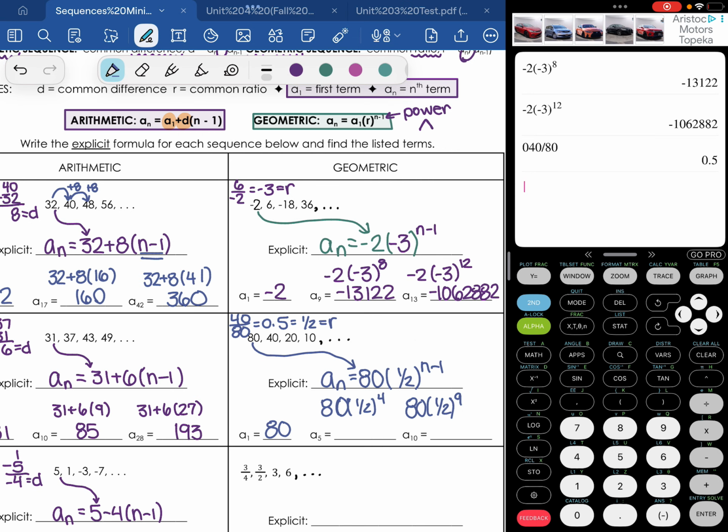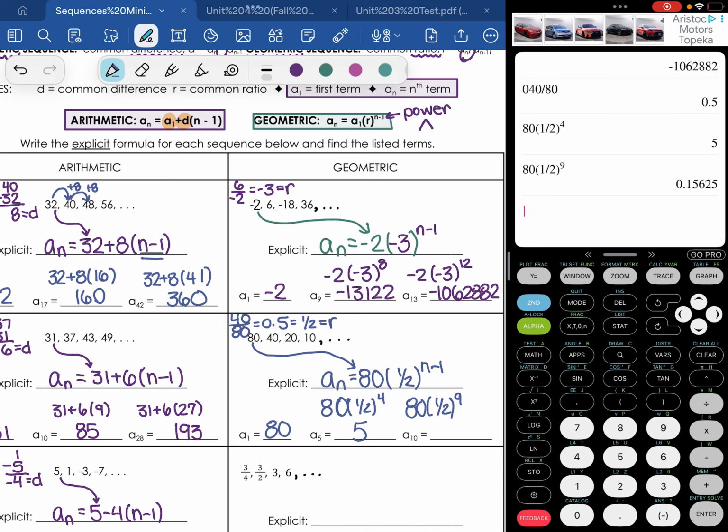And then I just take my handy dandy calculator, 80 parentheses. Now let's talk for a second. How do we type fractions into the calculator? Well, 1/2 would be 1 divided by 2 to the power of 4, 5. And then we're going to have to round on this next one, heads up. 80 parentheses 1 divided by 2 to the power of 9. It's